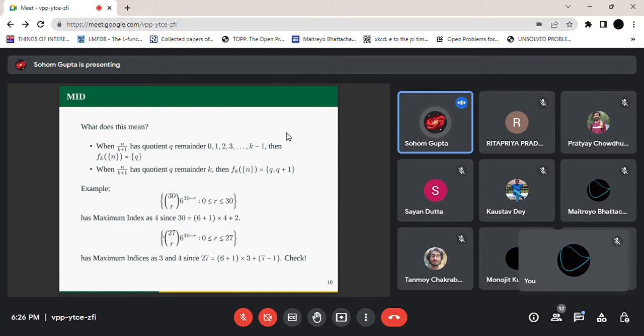In this case, we are taking n equals 27 and k equals 6 once again. And now we see that when we divide 27 by 6 plus 1, we get 3 times 7 plus 6. So this is 7, and this is 7 minus 1, which is 6. So it's basically the case where the remainder is k. So since it's k, what's the quotient? The quotient is 3. So 3 comma 3 plus 1, which is 3 comma 4, both would be the maximum